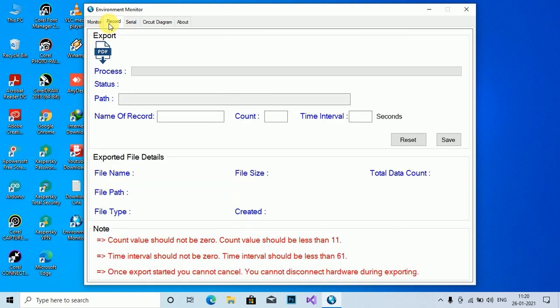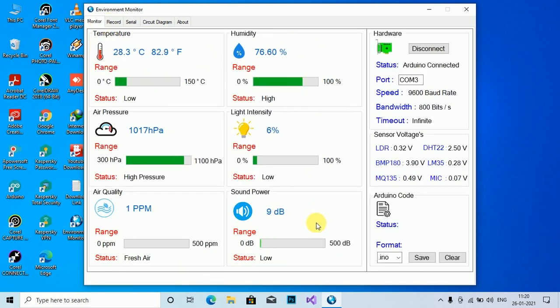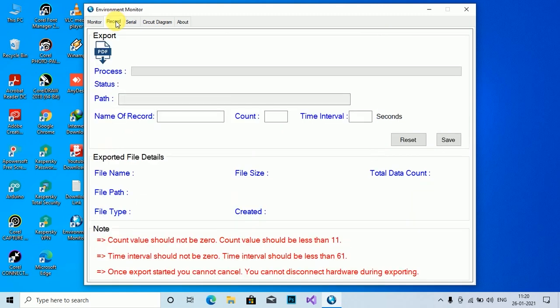Then go to record panel, and you can export these data into a PDF by using the record panel. Give the name of your record. I am giving it as my room data, and count, I am giving it as 10, and time interval, I am giving 1 second.